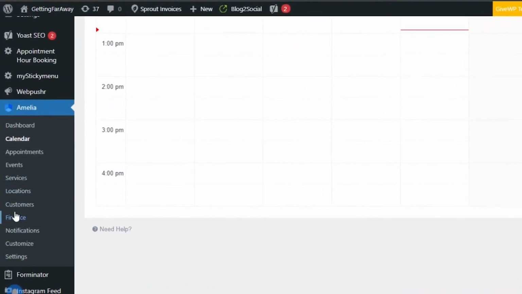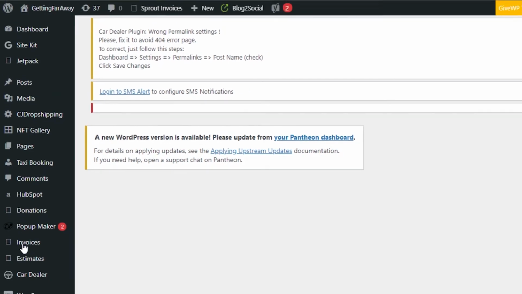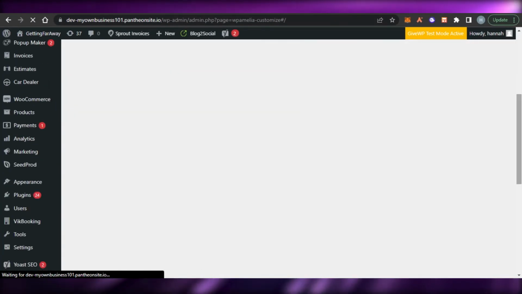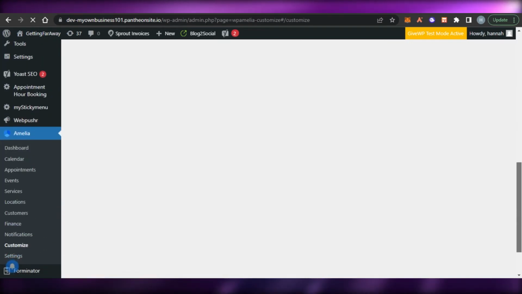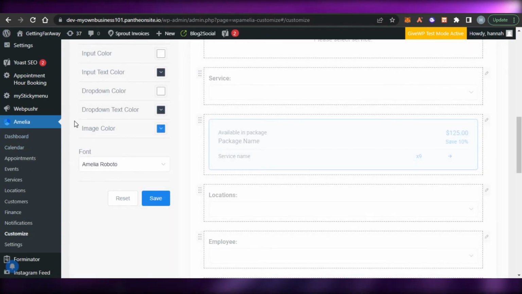Then we also have customers. Again, I can create a customer, and finance. If you want to customize your appointment booking appearance, you can do that from here. And it will allow you to add a professional page with a lot of different options right here on your WordPress website. So with this plugin right here, Amelia, we can simply go ahead and set up appointment booking for